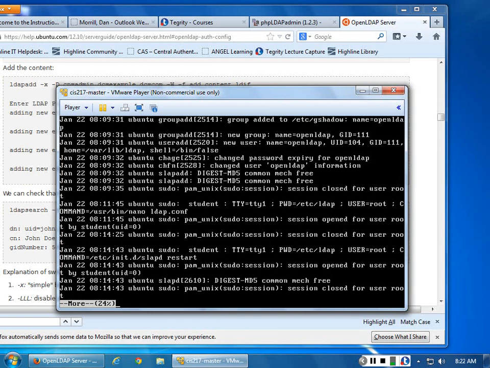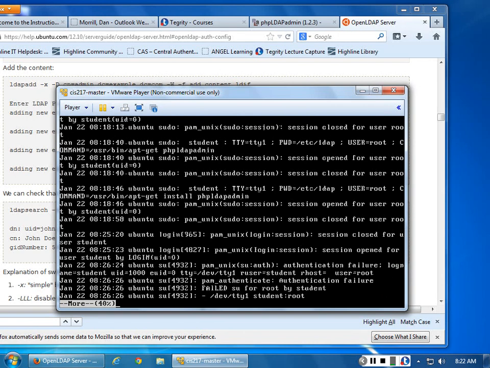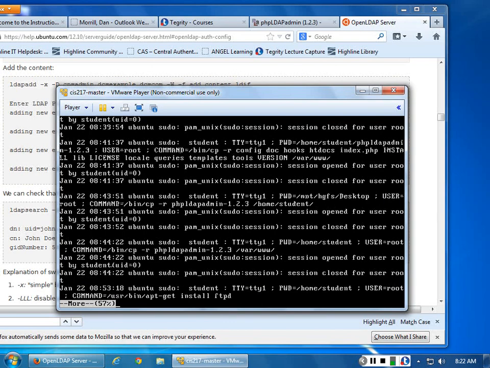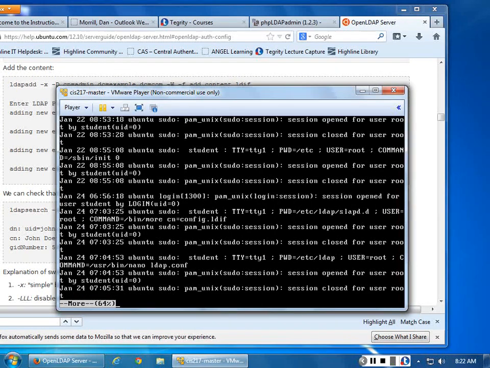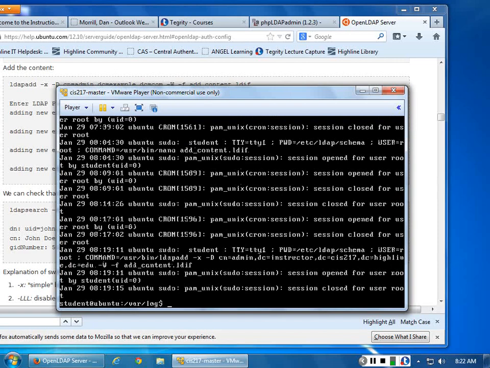So you can see here where I'm doing a restart, right? We restart slapd and all the rest of it. So we get PAM. PAM is our security manager, right? PAM is awesome. PAM authentication failure errors, all sorts of failure errors. All right, and when we go down to what we tried to do here, what we see here,